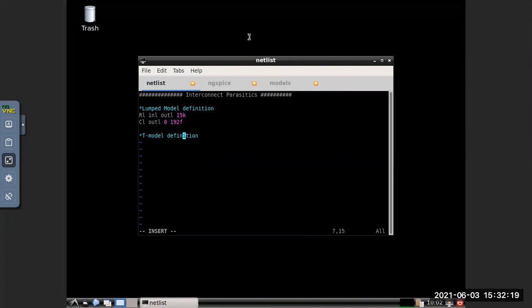You can do the same way: RT, RT, int, out, T. So 7.5K, int node 1. Okay.